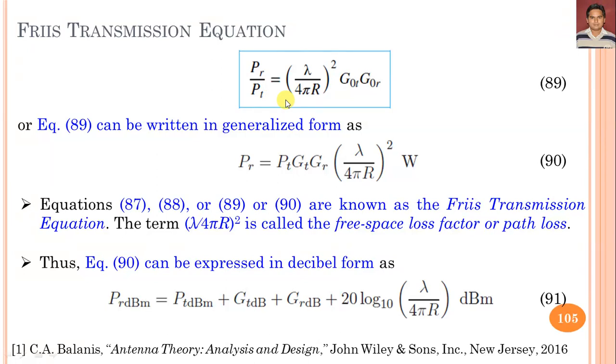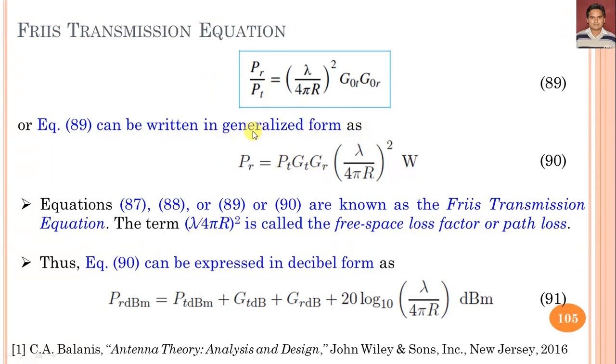If we apply the concept of this equation to mobile communication, we replace the square term with a path loss exponent factor gamma, and gamma varies according to environmental or propagation conditions, through which we can calculate the ratio of P_R upon P_T. In the case of mobile communication, this path loss exponent gamma is taken as 4, but this equation as written holds for free space wave propagation, and it is called the Friis transmission equation.